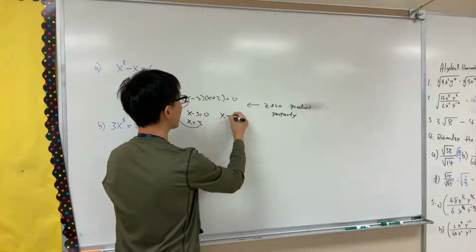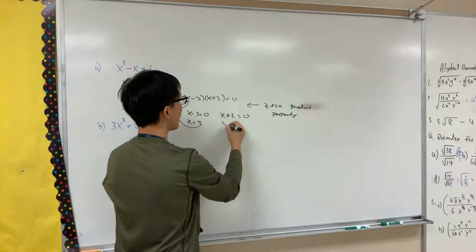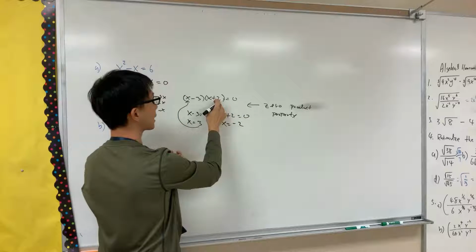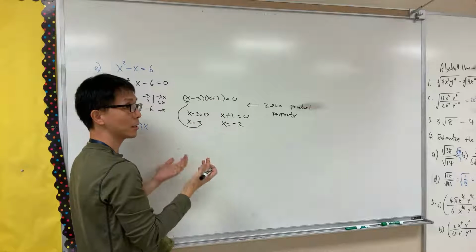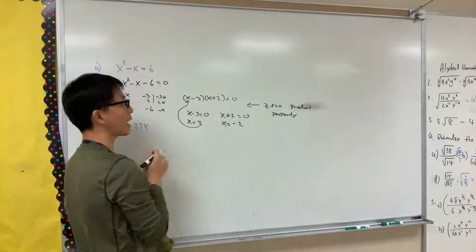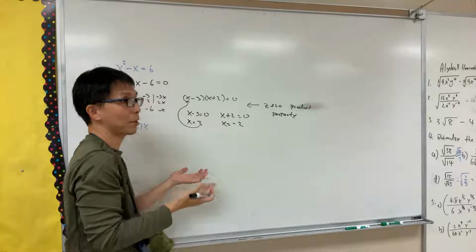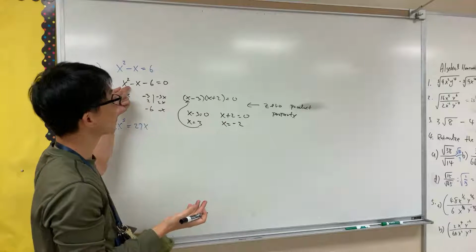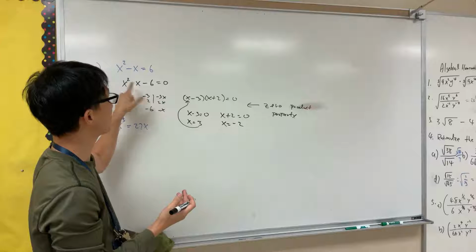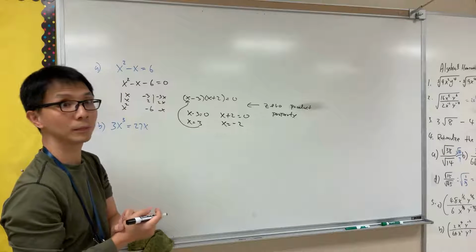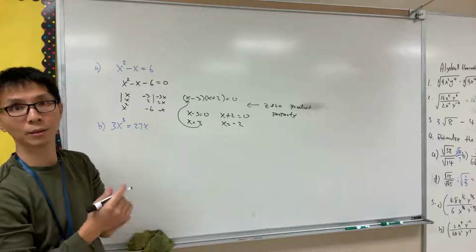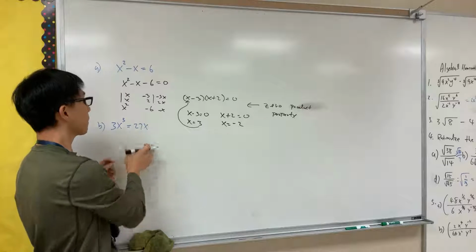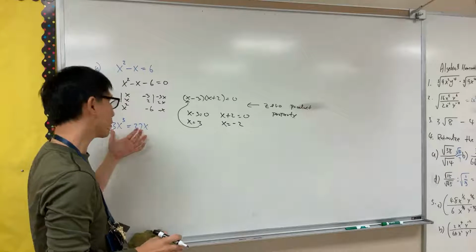So x plus 2 is equal to 0, x is equal to negative 2. If I plug in negative 2 here, negative 2 plus 2 is going to be 0. So it doesn't matter if this side is negative 5, I'm still going to get 0. Same thing, so you plug in here, because this is the same representation as this one. Okay. If you guys cannot see, you guys can move the chair over there. Because, okay. Now this one here is a very, very